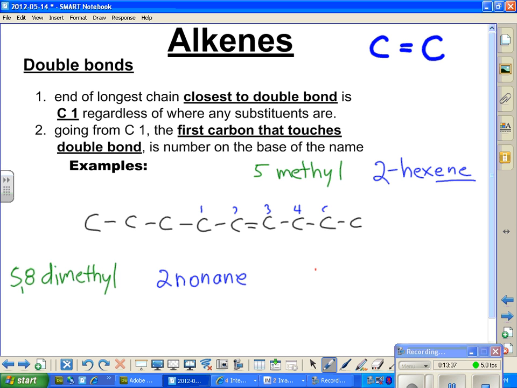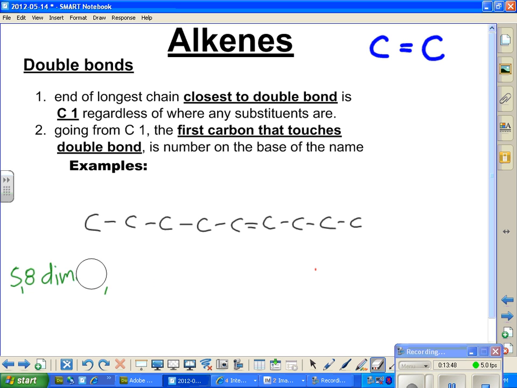All right, now what is the numbering? And let's get rid of these other names. You can pick them up by backing your video up if you want to see what we had here before. But for right now, let's have a clean slate. This is the one that determines which is carbon 1. If I go in from the right side, I have 1, 2, 3, 4 carbons, and I get to that double bond. On the left side, 1, 2, 3, 4, 5. So, no brainer, we're going to have our number 1 carbon